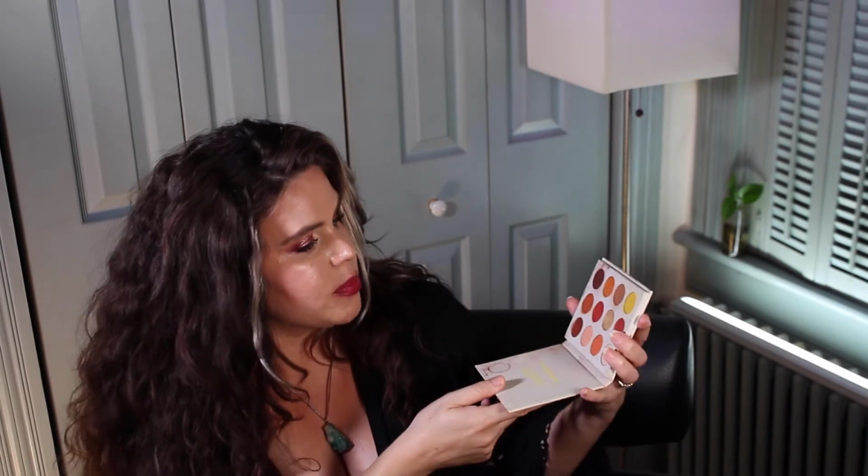I know a lot of people are a little bit tired of this traditional sunset color story, where it's oranges, yellows, very typical fall colors in a very standard kind of way. But I think there's a lot of room for that, and I pulled this out recently because I was trying to decide if I wanted to get rid of it because it's just so old. And after I did a couple looks with it, I thought, no way do I want to get rid of this, because